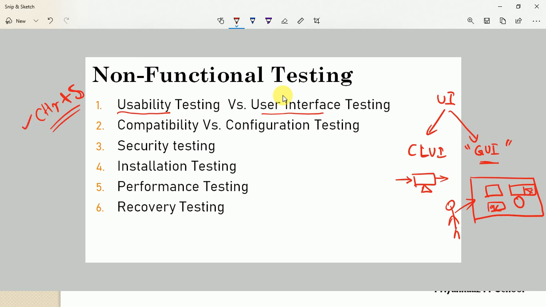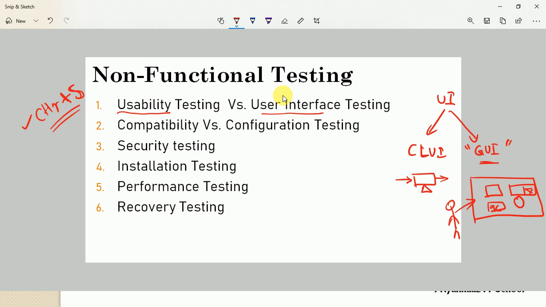Secondly, we can check whether any error message occurs whenever the user enters some kind of wrong operation, or performs some kind of incorrect step, right? Quick access should also be provided for frequently used features. Let's say there should be a logout button available on every page of the application after login. So we can test these things at the time of usability.